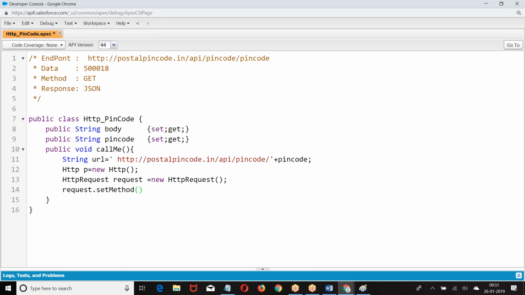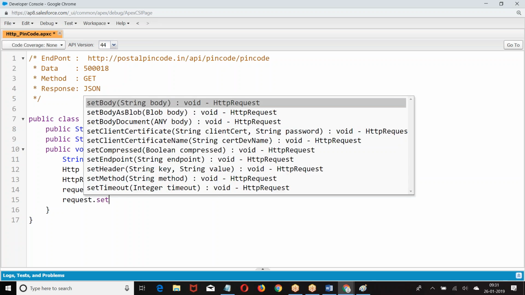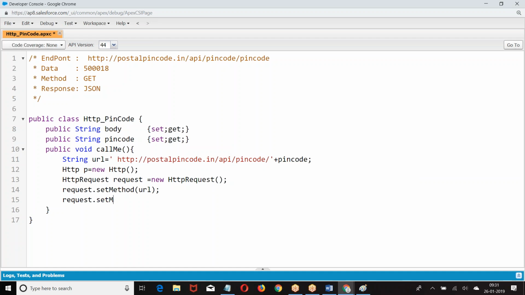Request dot set method. Set endpoint, set method. And what else are we requesting? HTTP response.